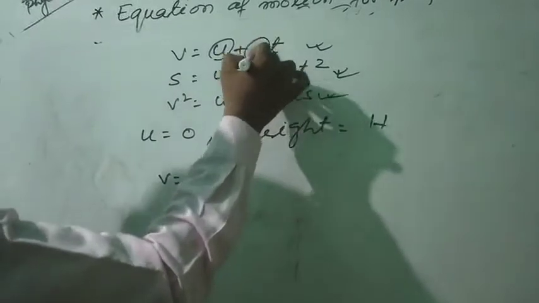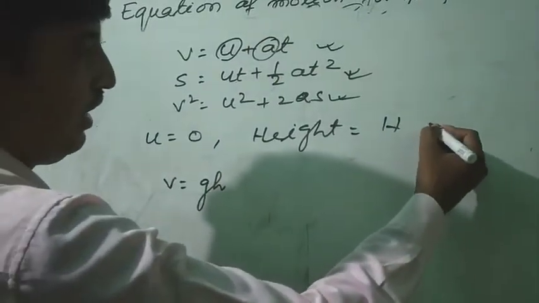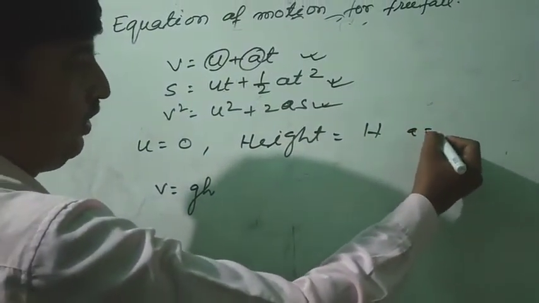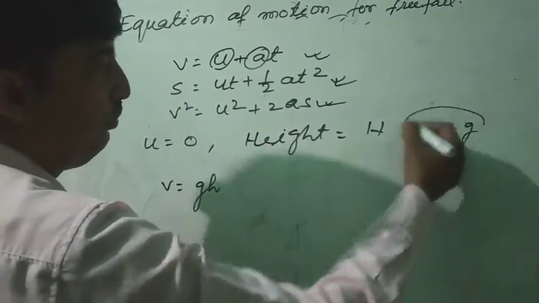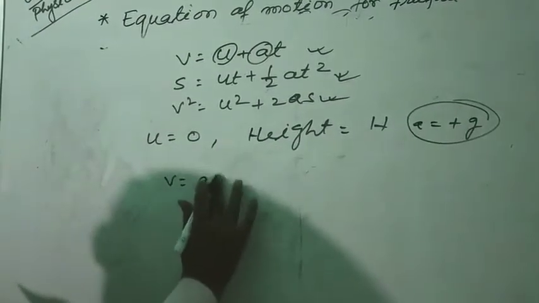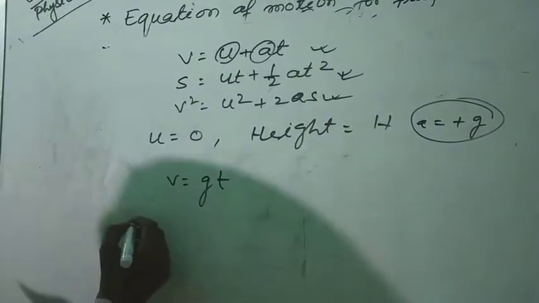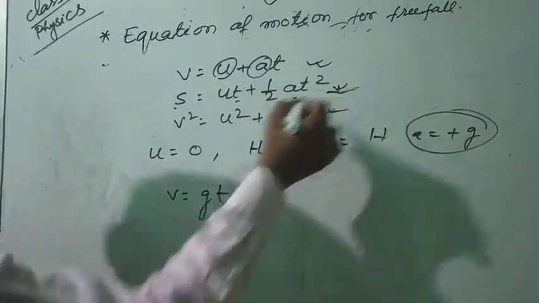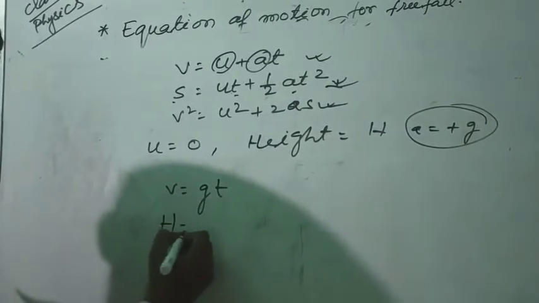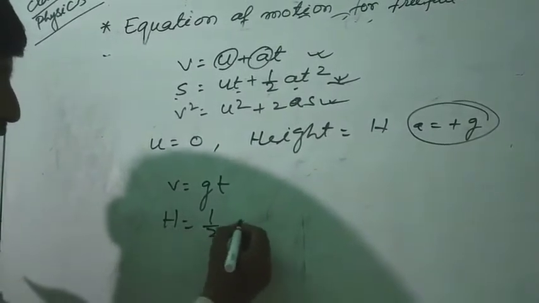Here in place of a we write g for free fall. So v is equal to gt, and the second equation of motion s is equal to ut plus half at square becomes h is equal to half gt square,